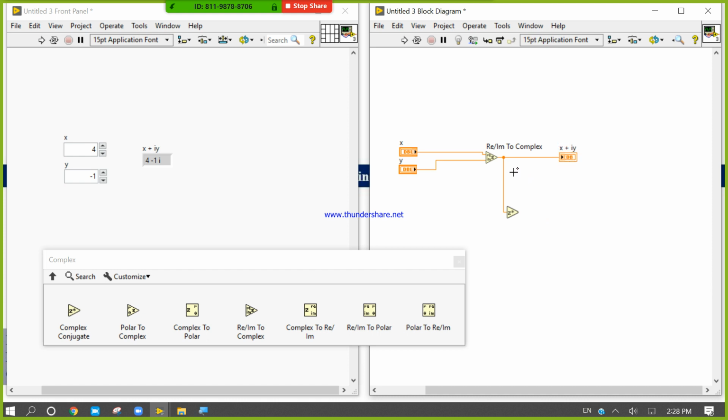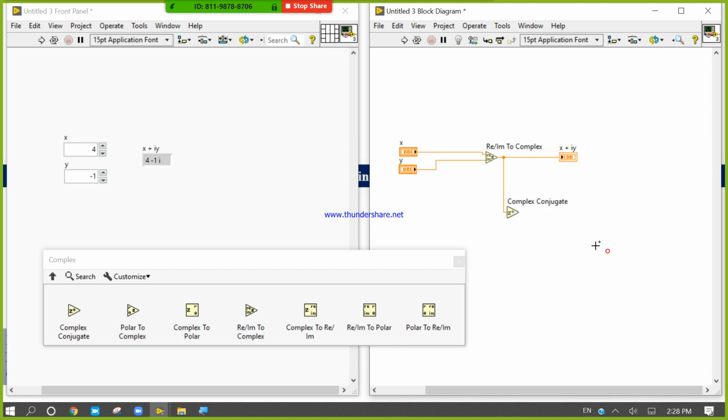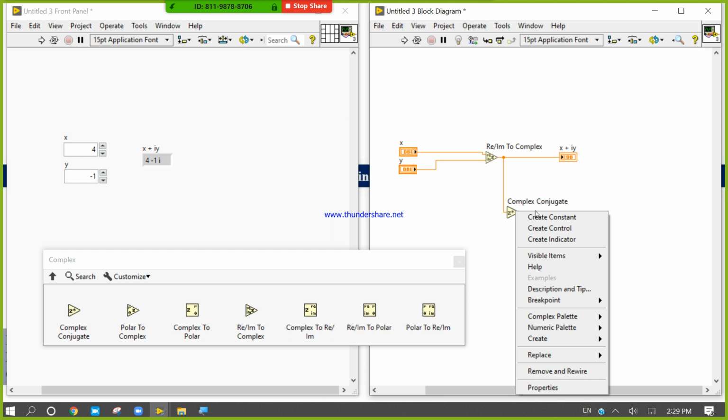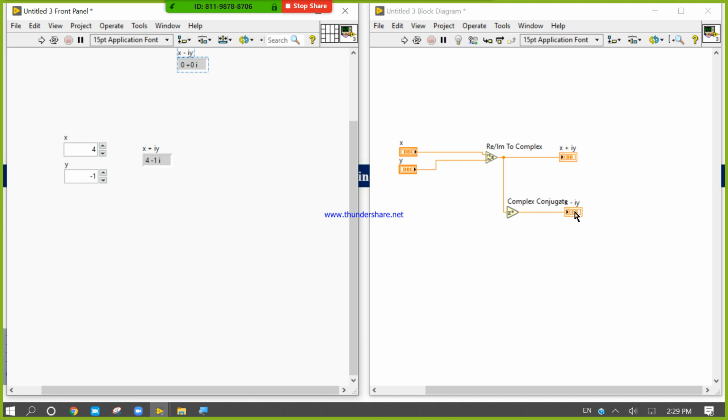But by using this function, we can convert it into the complex conjugate of this value. The output of this is the input for this indicator. Now look here, it is again CBD. So what is the meaning of this CBD will be discussed.